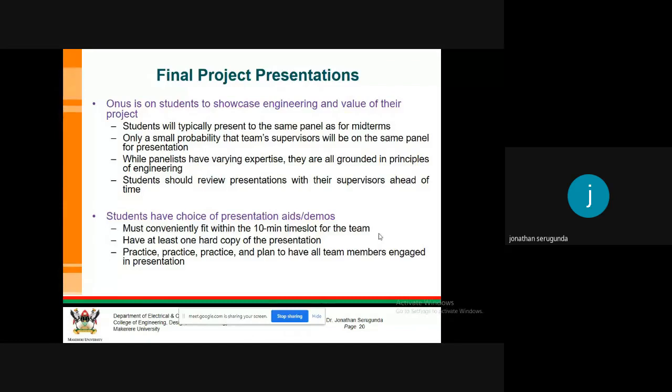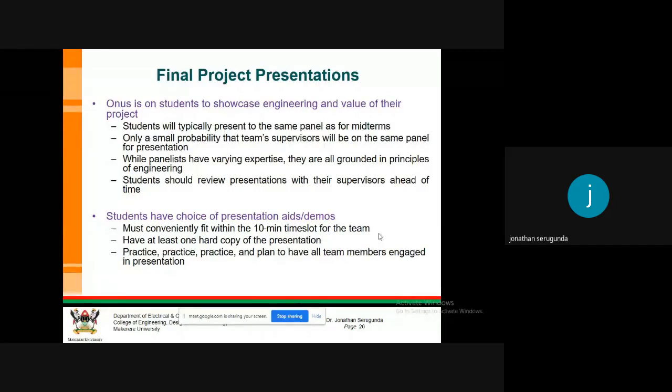This is key because at the end of the day, I've had to recommend people for jobs because of their projects. Someone asks me, who can actually use this software? Or do you have a student who is knowledgeable in this? And the students you worked with and you feel are confident are the students you are going to